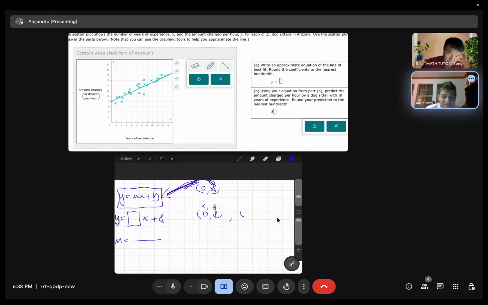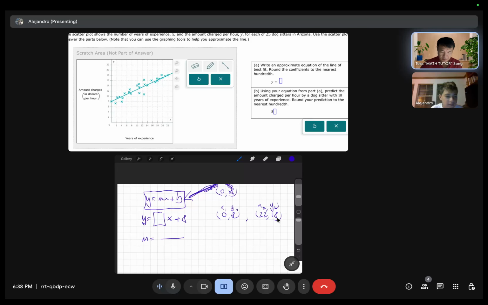And the x2, y2 will be, let me see here, I'll look at the graph again. So what is that again? X2, Y2, 22 comma 18, we're going to do X first, right? 22 comma 18, is that right? Yeah. Okay, there we go. And then let's